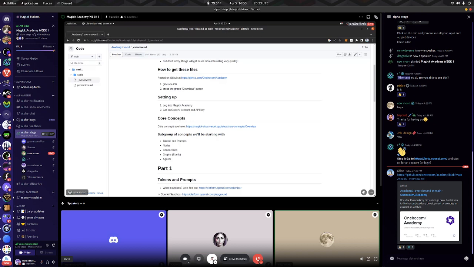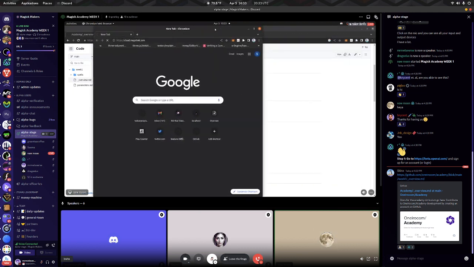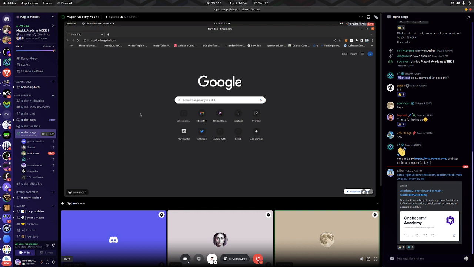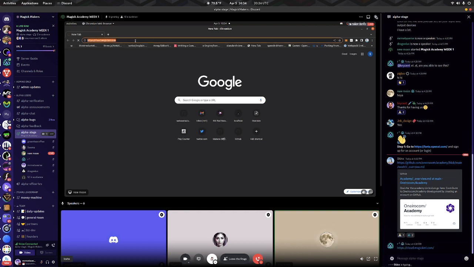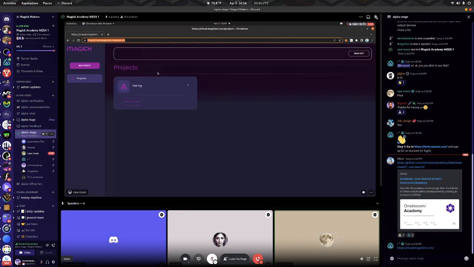The first thing is, if you're here in the Alpha program, you probably have whitelist access to the Magic Cloud. Let me pull that up really quick. That is at cloud.magicml.com. It'll take a second to load because we're just rebuilding it. When you go there, you will be asked for your email. This is the email address that you have given us that we've whitelisted. In the future, this will be more open, but you are on a special list. So make sure you use that email.